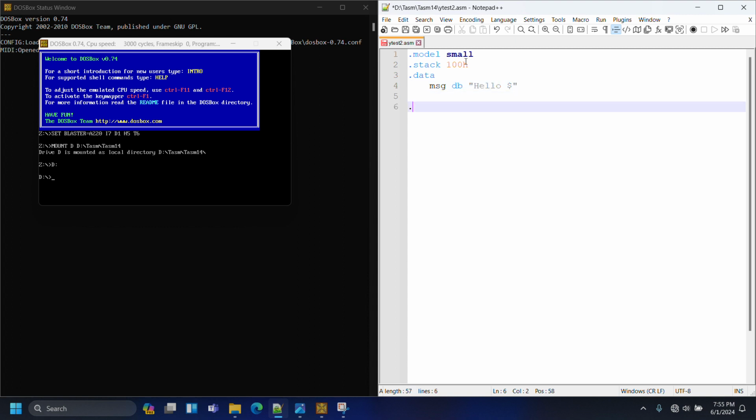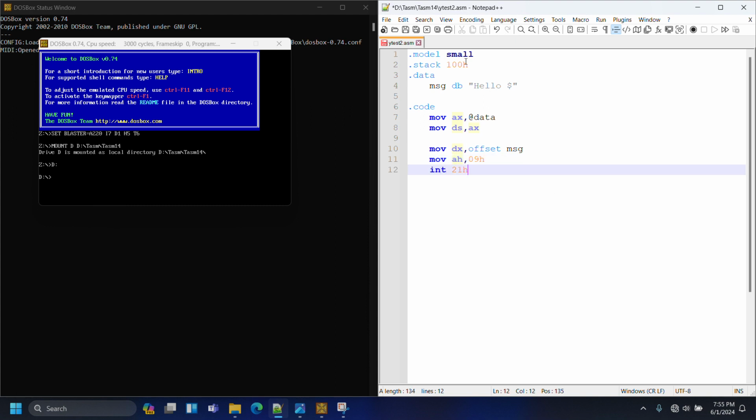Yeah, now the coding part. .code, mov ax, @data, then move data segment from ax to ds, then mov dx, offset message, mov ah, 09h, int 21h. That's the part we are going to loop, and then